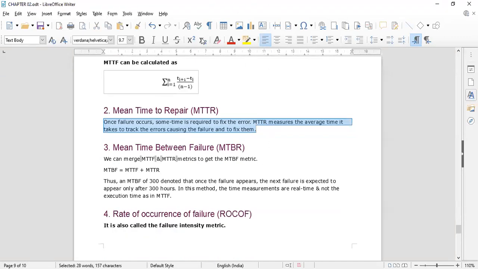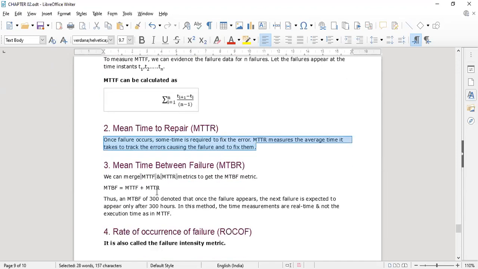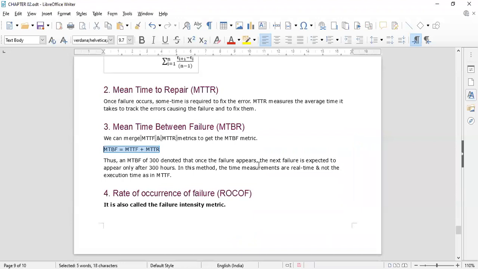The next is mean time between failures. We can merge the MTTF and MTTR metrics to get MTBF. MTBF is equal to mean time to failure plus mean time to repair. This is the formula for mean time between failures. For example, an MTBF of 300